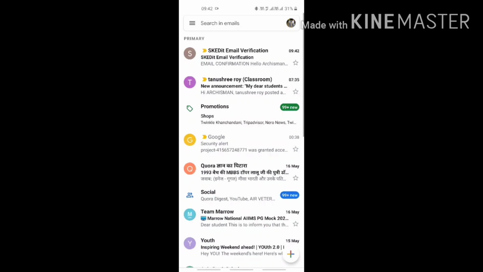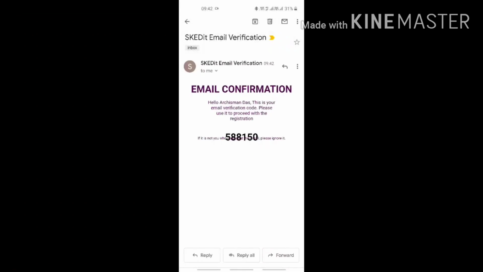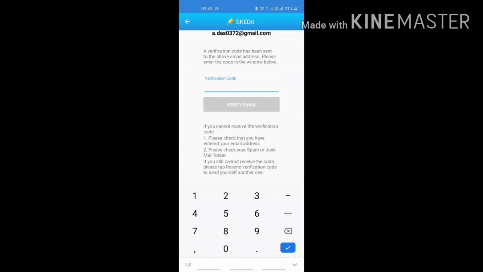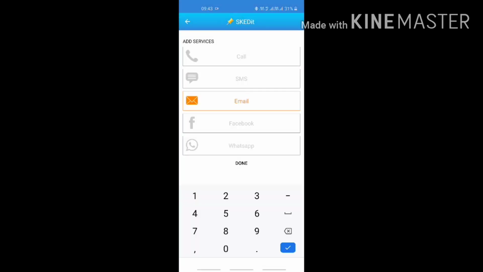Okay, you can see the email has arrived, SchedIt email verification. Opening this. Okay, my code is 588150. I am putting this code here, 588150. Then clicking on verify email.